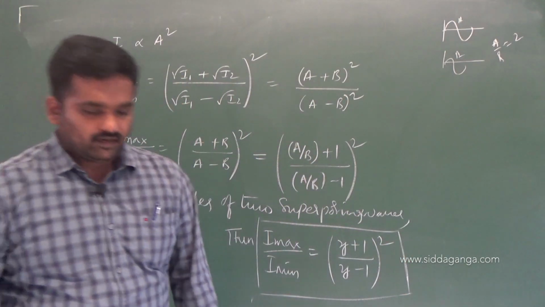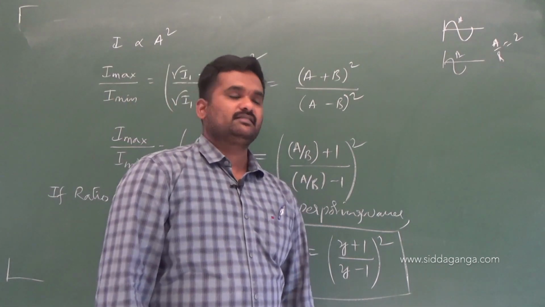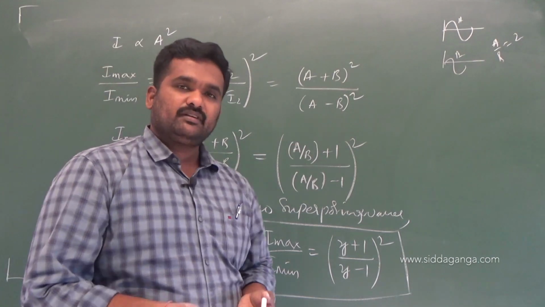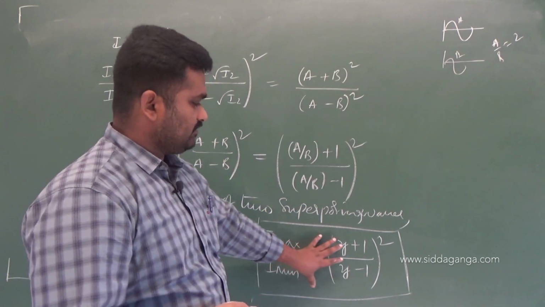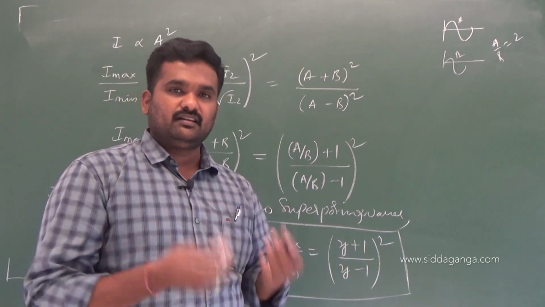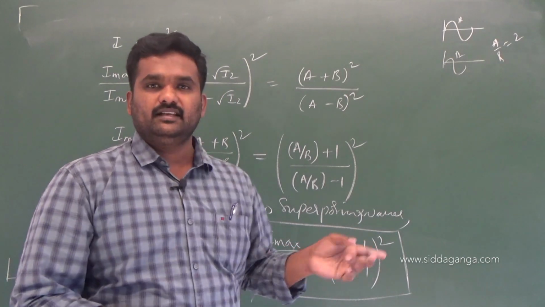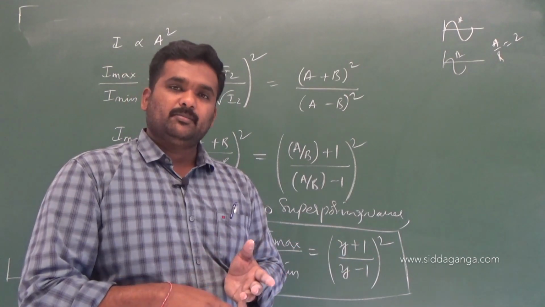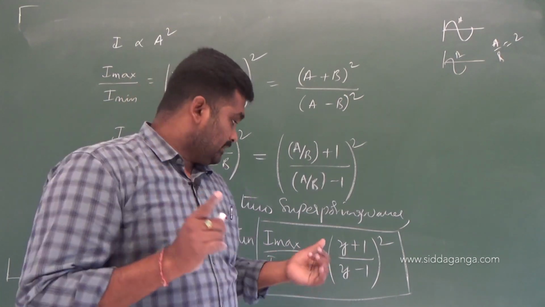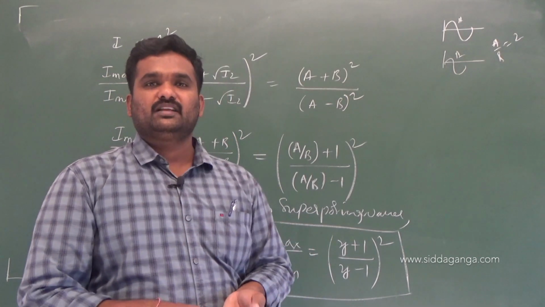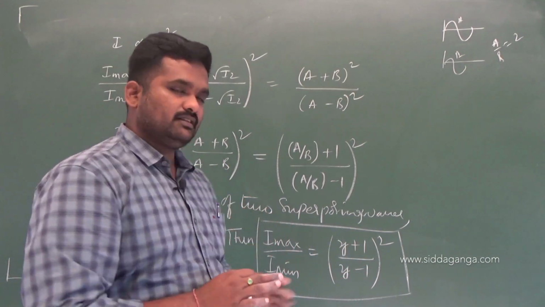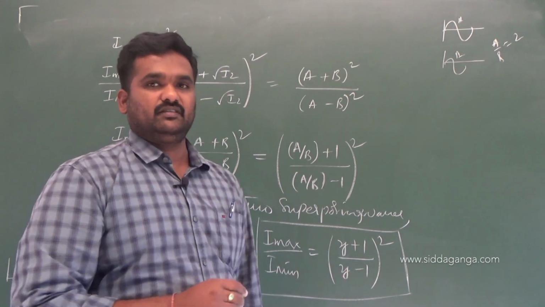So, I am stressing more on the intensity concept because, particularly for JEE, you are going to get such kinds of questions straight away. If you remember the shortcuts, or if you know how to solve, given the amplitudes, the ratio of amplitudes, the ratio of intensities, or the ratio of maximum to minimum intensities, you can find the amplitudes of the two superposed waves. Let me give one more example where you can make use of this equation.